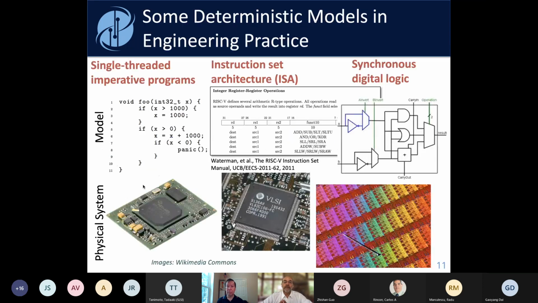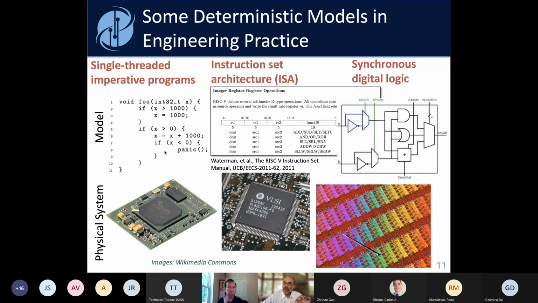So given that definition, you can recognize that, in fact, deterministic models have proved incredibly valuable in engineering enterprises. Single-threaded imperative programs are, in fact, deterministic models. What are they modeling? Well, ultimately, they're modeling the sloshing of electrons in an underlying computational fabric, right? The physical system is just electrons sloshing around in silicon, but the model itself is deterministic, as long as you're